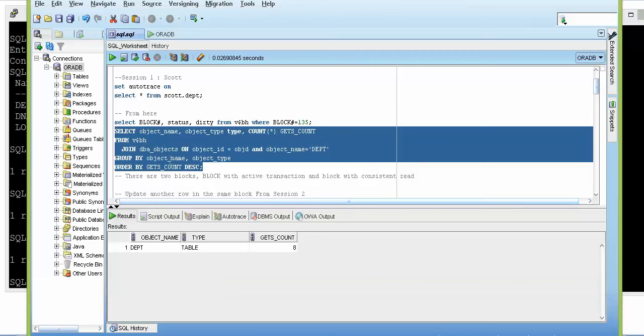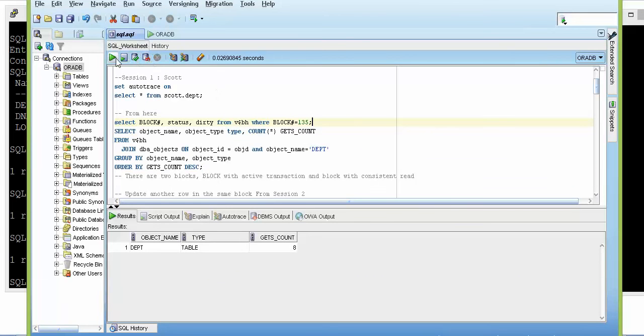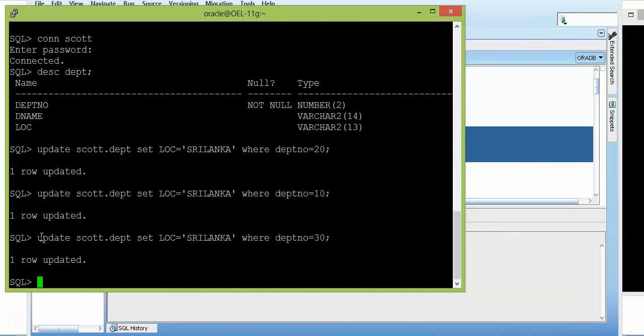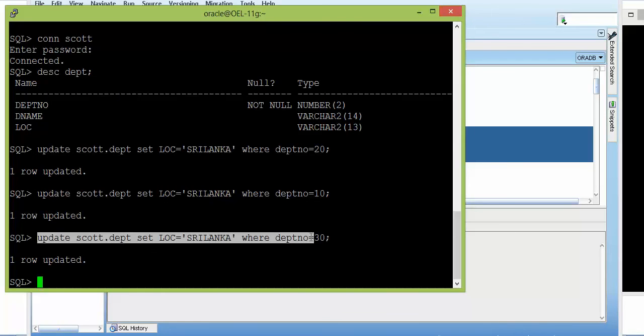Again I have run this. So will I basically see the fourth one? Yes. Wow. So has the consistent gets increased from 8 to 9? Yes, definitely. This is another proof for that. So let me run on another row, and please remember, I did not commit any of the transactions yet.